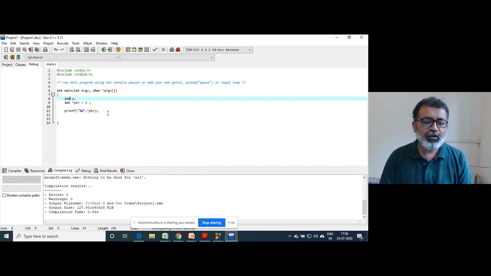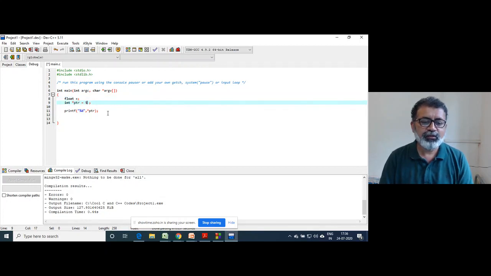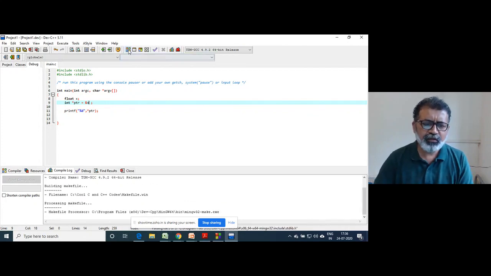Suppose you declare a variable like float, and you try to store its address like int star ptr is equal to ampersand x. This is bad. Again, probably this will give you a compile time error.